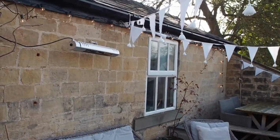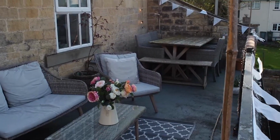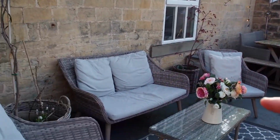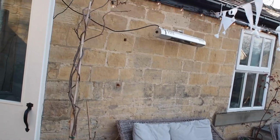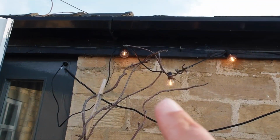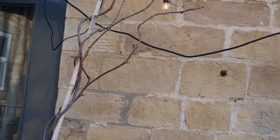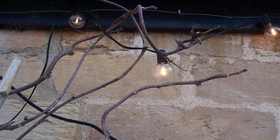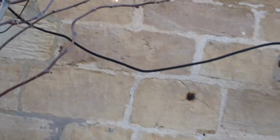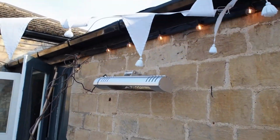I've just been sorting out the balcony, so I've put up the bunting. I've also got bunting just along here on the front. Put the mat out, the flowers, and then this is my wisteria, which is really not doing well. I cut it right back in winter. I think it might be dead. I mean, there's little buds there, but it's not very impressive. I've got a heater here because we sit out here at night, and the view is just gorgeous. If I show you around,